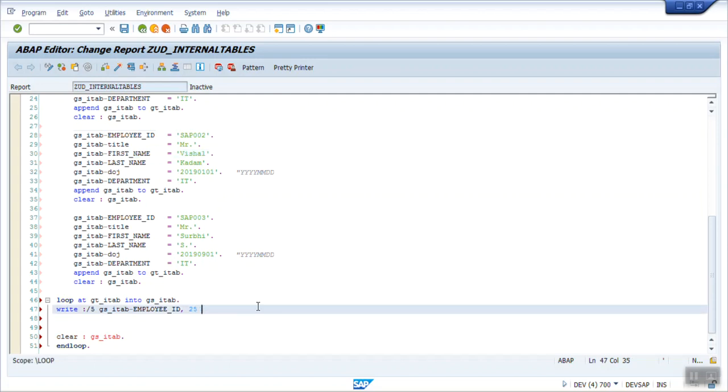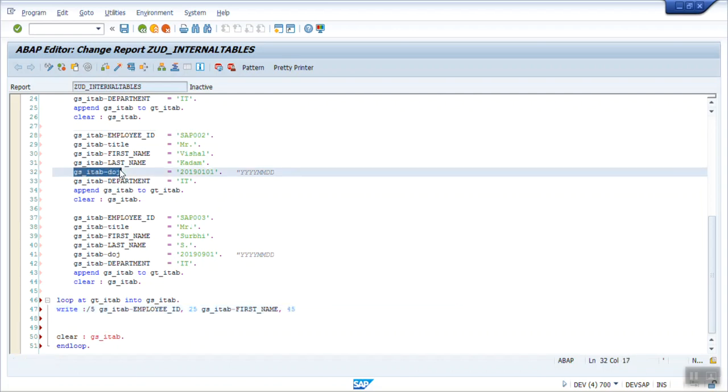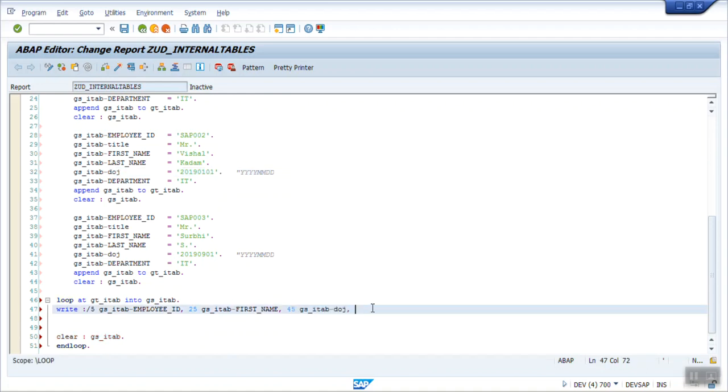At position number 25 I am printing the value first name. Then on position number, let's say 45, I want to print date of joining. And then on position number 60, I want to print the department.